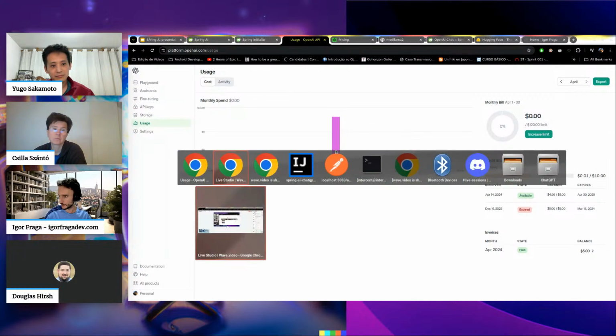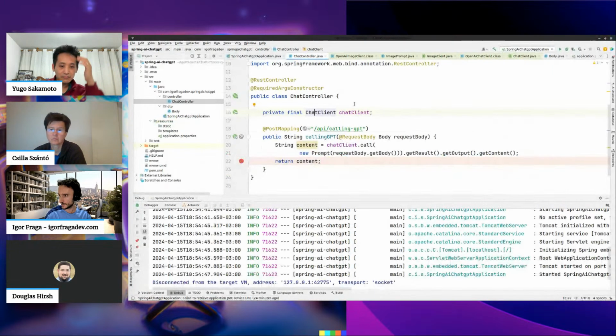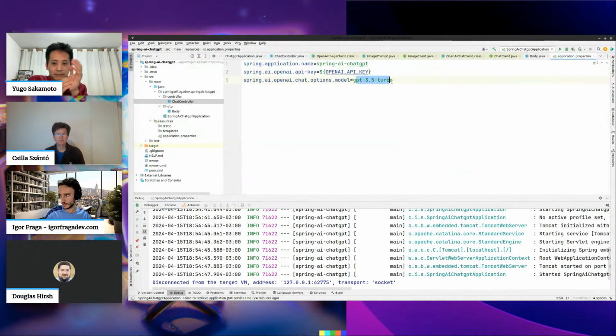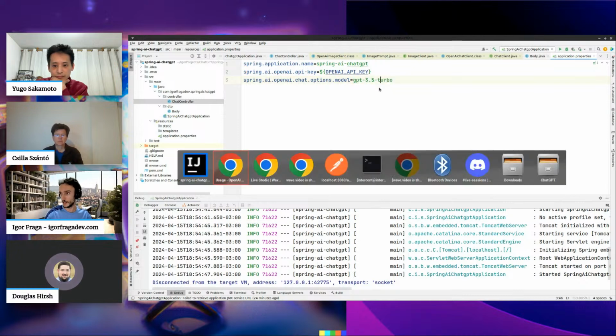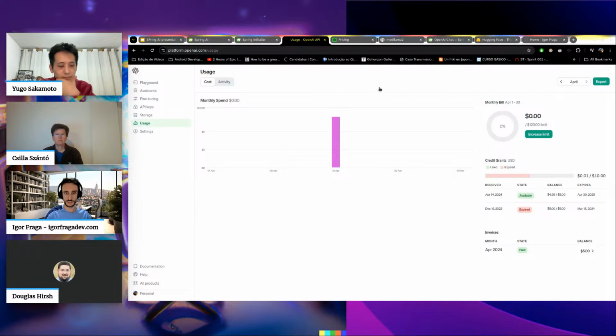So for testing purposes, guys, use the model that we showed you in the beginning, and then when you start playing with images, you go with the 4. But of course, 4 bills more. Just to get started and play with this, the cost is very low.